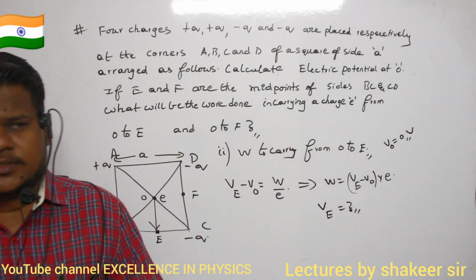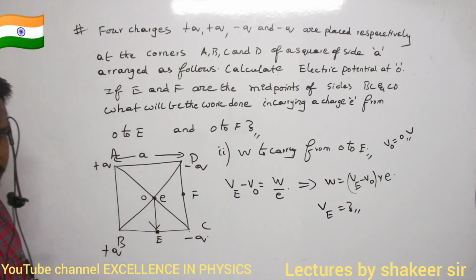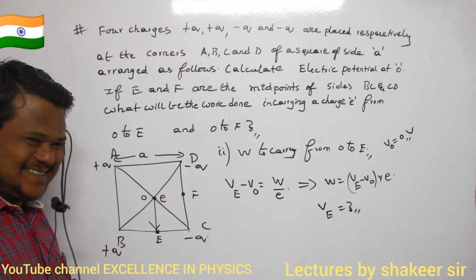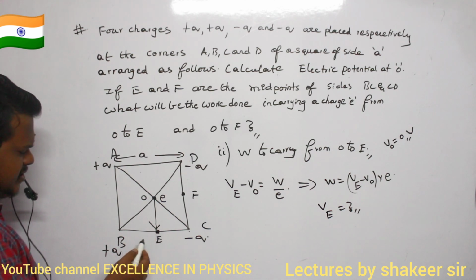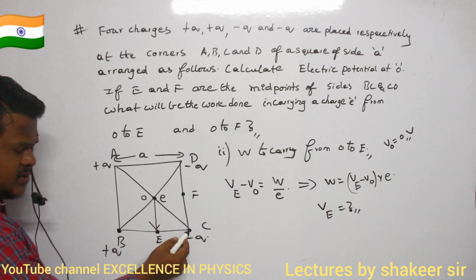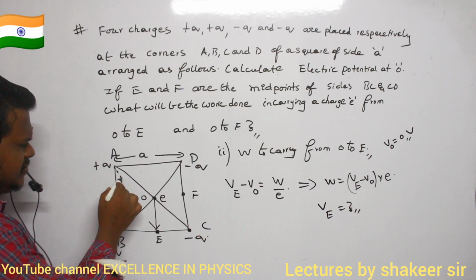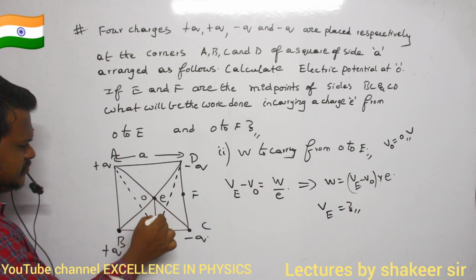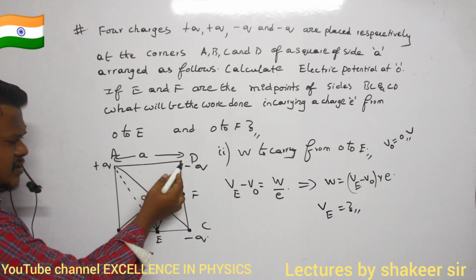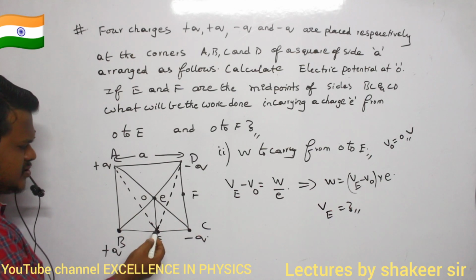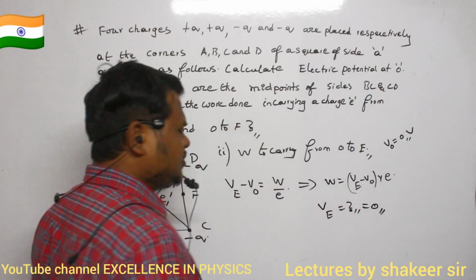Now can you say what is the potential at point E? Potential at this point. Here potential will be how much? It is also 0. Definitely it is 0 only. What is the reason? See, this point, it is at equal distance from minus q and plus q, no? So potential due to this one and this one will get cancelled. Similarly, same point E, it is equidistant from this charge and this charge also, no? This point E, it is equidistant from positive charge and this negative charge also. Again, potentials due to these two charges also will get cancelled. So therefore, potential at point E also is equal to 0.